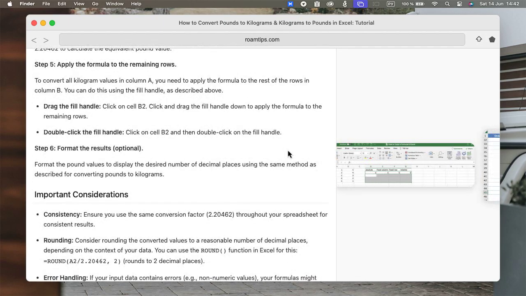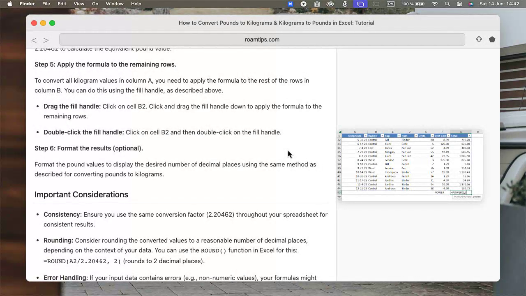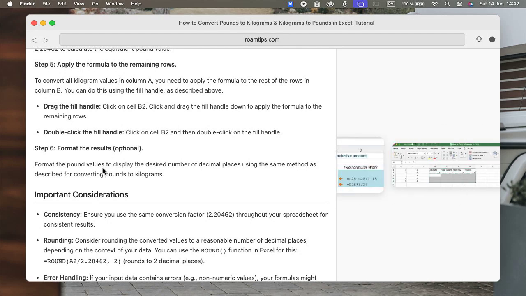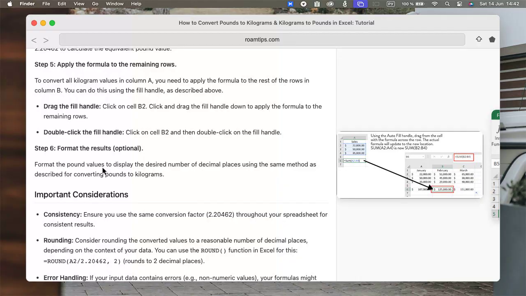Now, let's do the reverse. Convert kilograms to pounds. Click on the first empty cell under the pounds (lbs) column, next to a value in the kilograms (kg) column, in another section of the spreadsheet. Again, we start with an equal symbol. This time, to convert kilograms to pounds, we'll multiply the weight in kilograms by